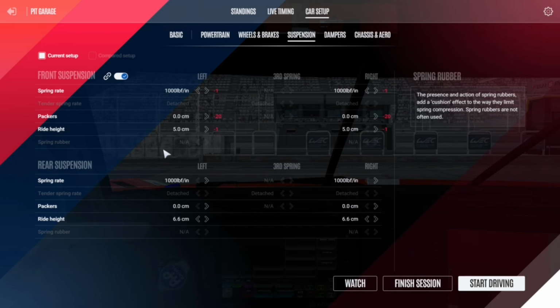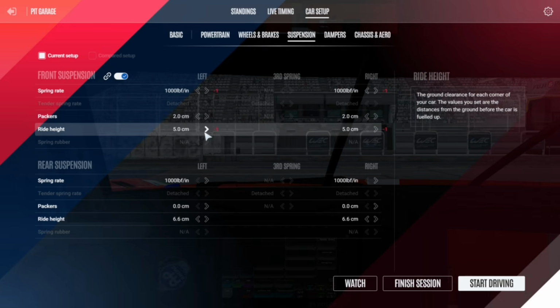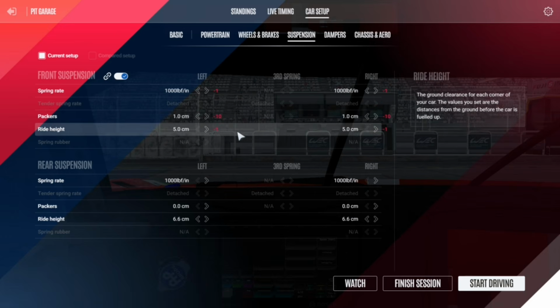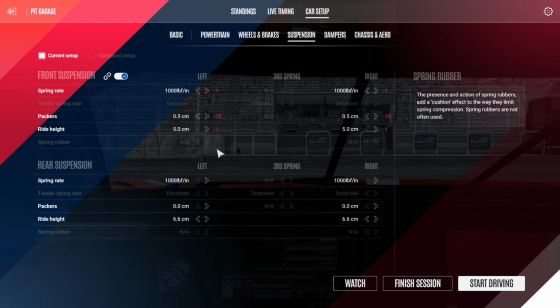In the case the car bottoms out slightly with, let's say, 5.0 cm or 5.1, but you need this value, then you will start using the packers, like the front ones, that will take effect to keep your car higher under braking and to not bottom out. If you can avoid using them, it's better for your car, as you will have more consistent braking and car feeling, but many cars on Spa or Fuji need to use the front packers, otherwise you will be on the ground and you will lose too much lap time. Packers are making the car safer, and that's what you need to know about them.